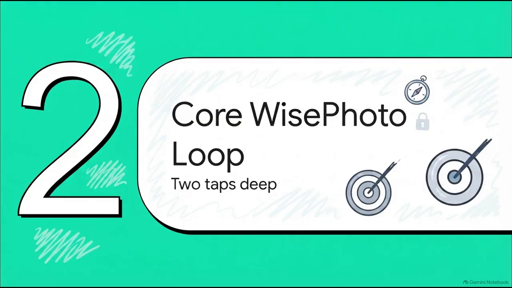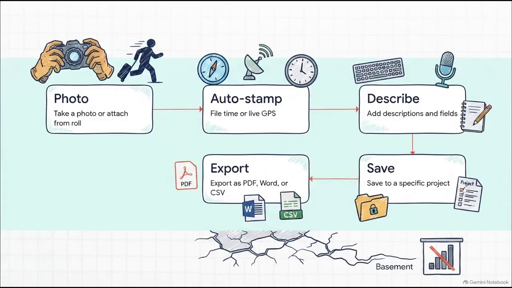Moving on to Section 2, the core WisePhoto loop, which is never more than 2 taps deep. So how does this actually work when you're, say, wearing thick work gloves or rushing to catch a flight? Well, the entire application is built around this incredibly simple 5-step loop. You just take a photo. Boom, it automatically stamps it with your device's time and GPS. Then you describe it using your keyboard or voice dictation, you save it to a project, and eventually you just